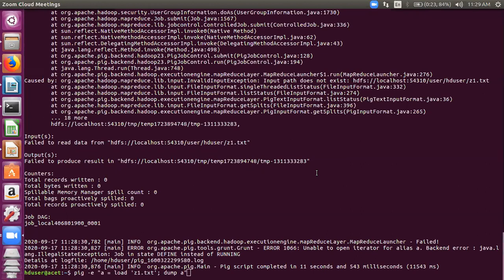Ritika, your first answer is correct: it is trying to read the file from the cluster. Yes. There is no such file there. If z1.txt were in the cluster, it would have run, but it's not there. So what is the problem in this command? We can give the file scheme file. No. Okay. Anyone else? If you answer, it would be good.